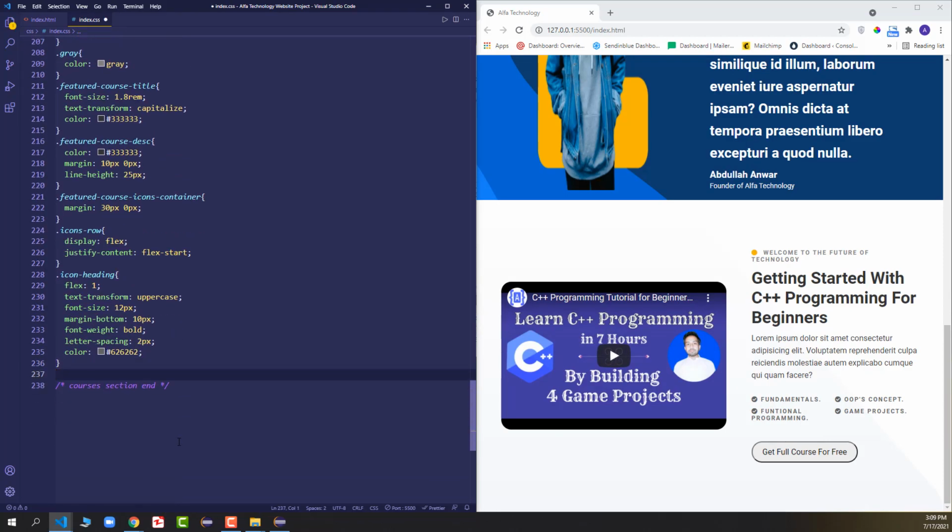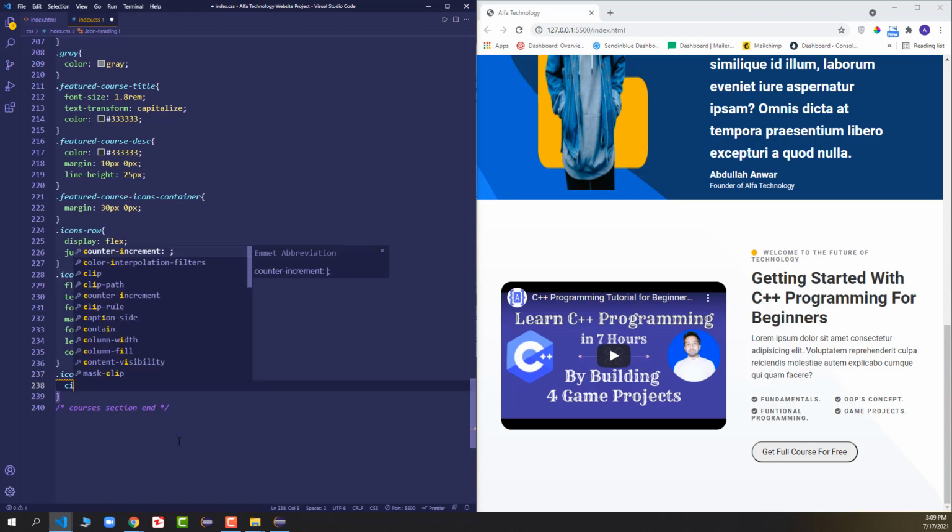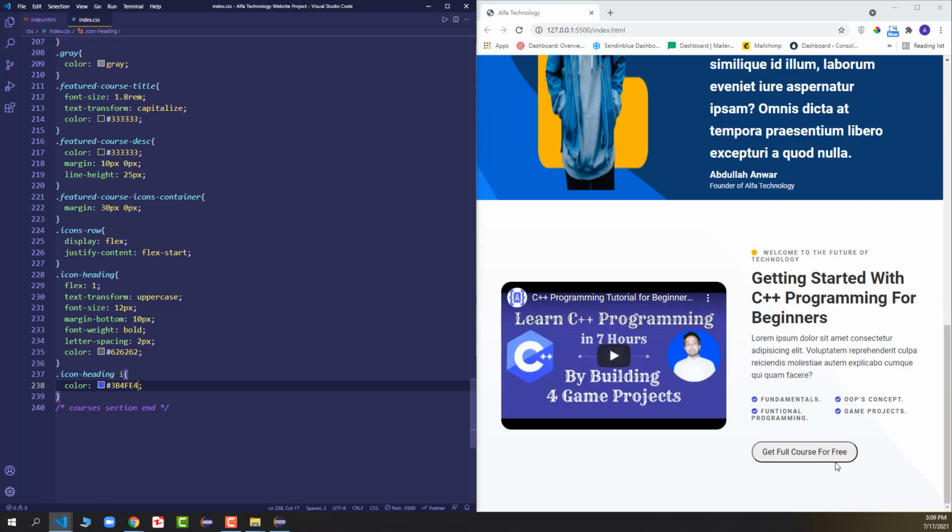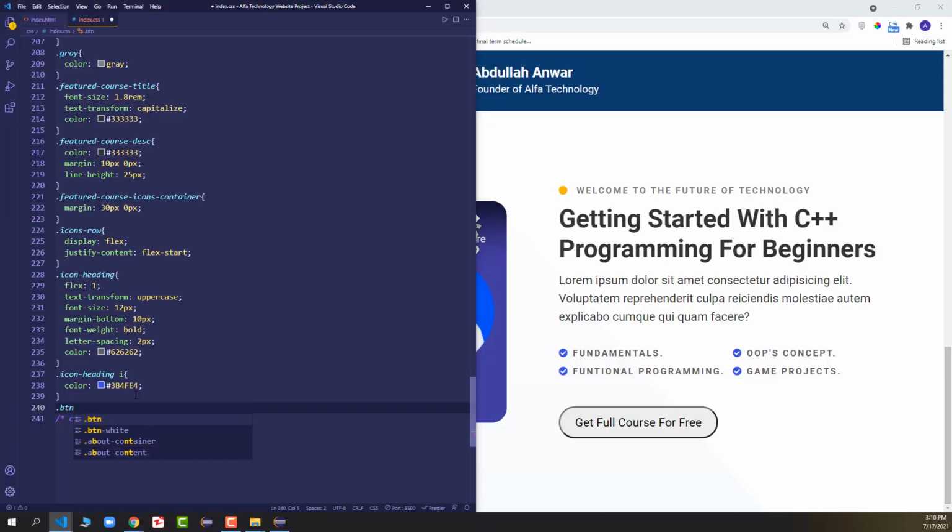After that we will target the dot icon heading class, but inside the icon heading we are targeting the I tag, or you can say icon, and here we will specify the color of the icon, which will be the bluish color. So after that we will target the button of the featured course. We'll say dot btn blue.